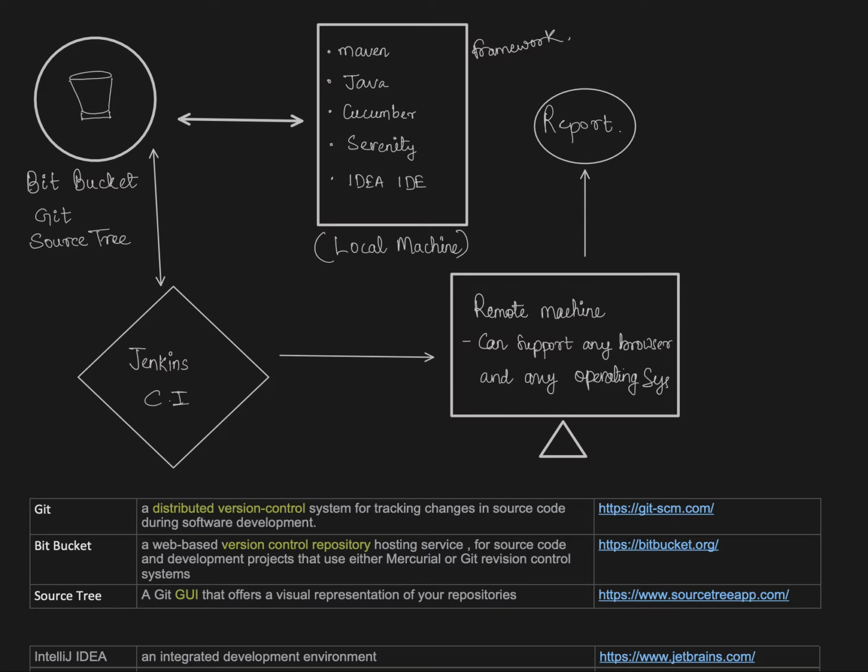The main reason we are using Serenity is that we do not have to depend on any other libraries or tools to generate the report. For example, you might have heard of Allure reporting or Extent reporting, so we will not be using those anymore. And one more thing is that it can be a live document. We can use it to show to anyone, like any of your business stakeholders, and it will be easy to understand.